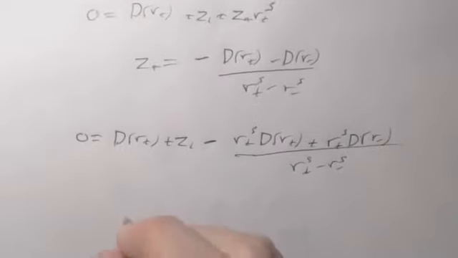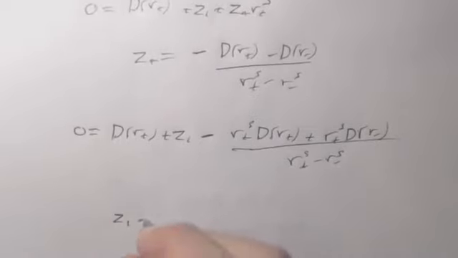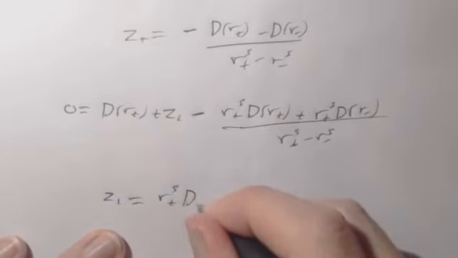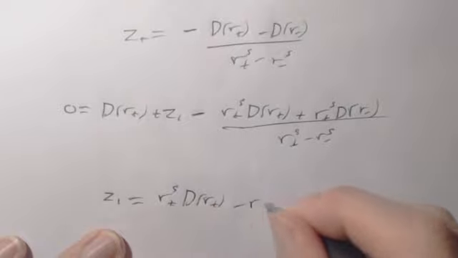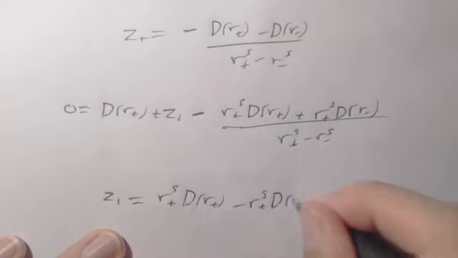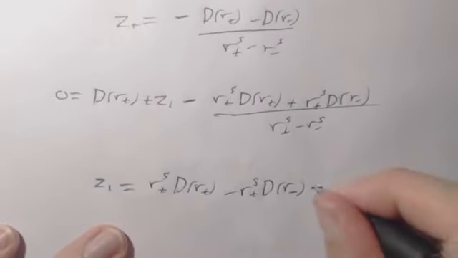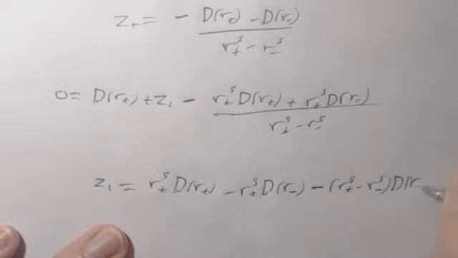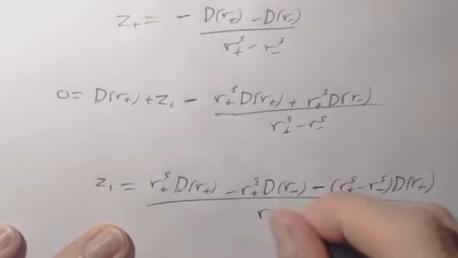So z1 is equal to r plus to the 5 d r plus minus r plus to the 5 d r minus, minus r plus to the 5 minus r minus to the 5 d r plus, all over r plus to the 5 minus r minus to the 5,